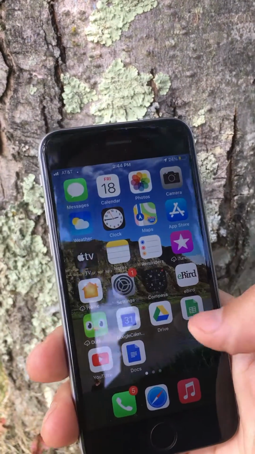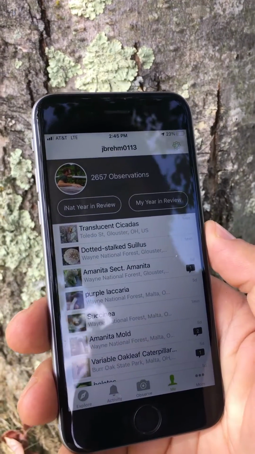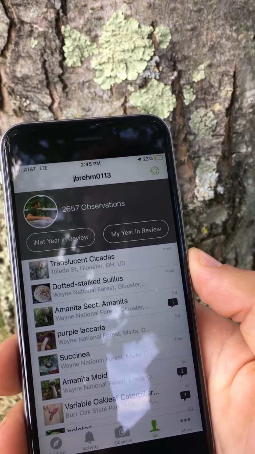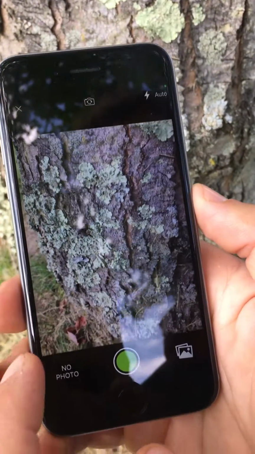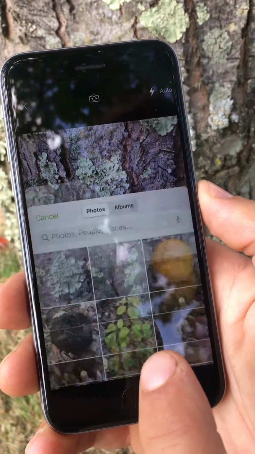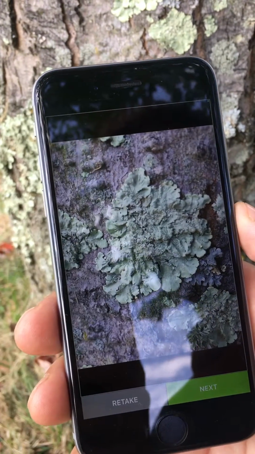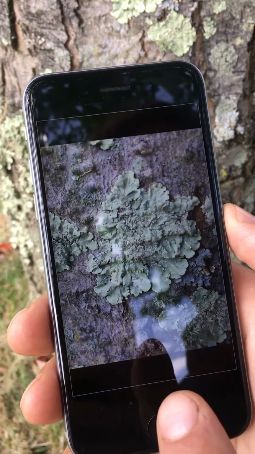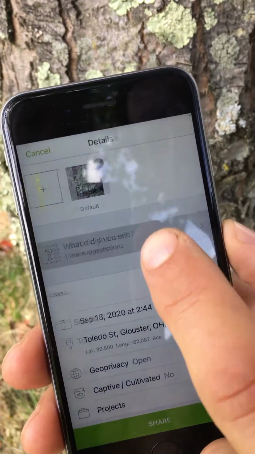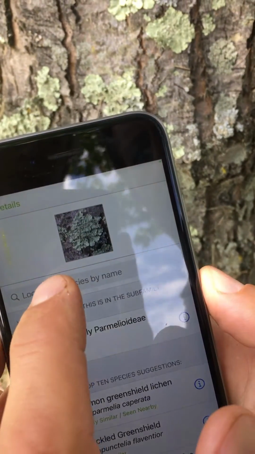Then, next time I'm around Wi-Fi, which I'm still not, but that's okay, I can hit observe and then click the photo icon, and that will allow me to choose the photo I've taken, and then we go through the same process. Hit next. Don't forget the what did you see, and if you have no idea, you can just hit the